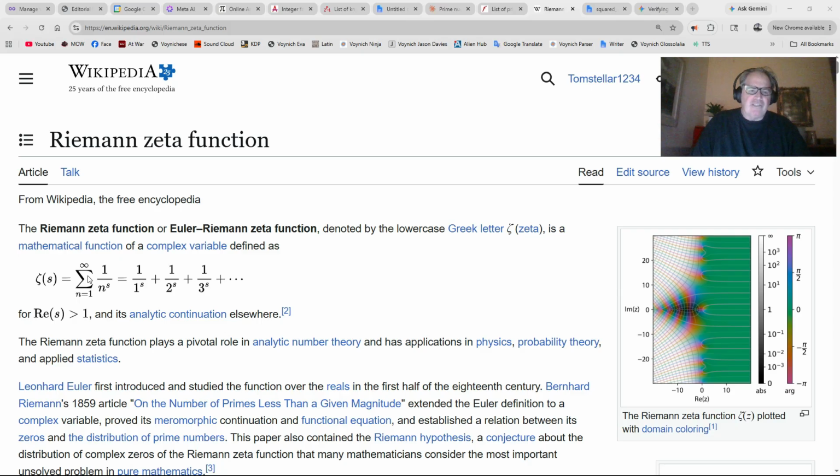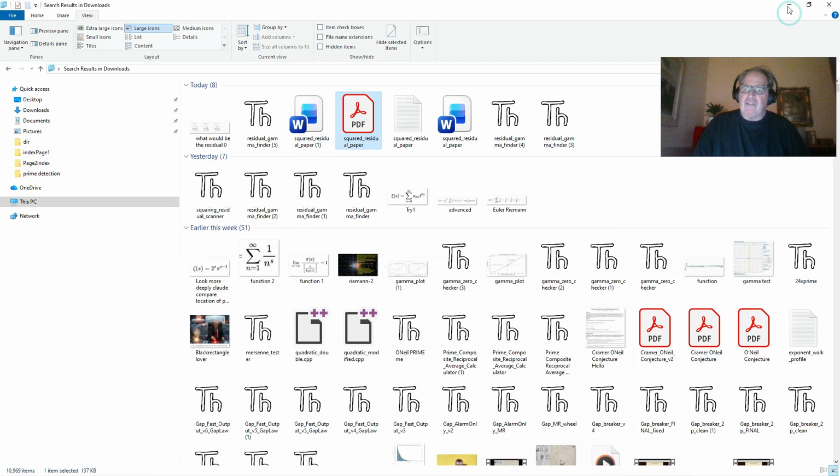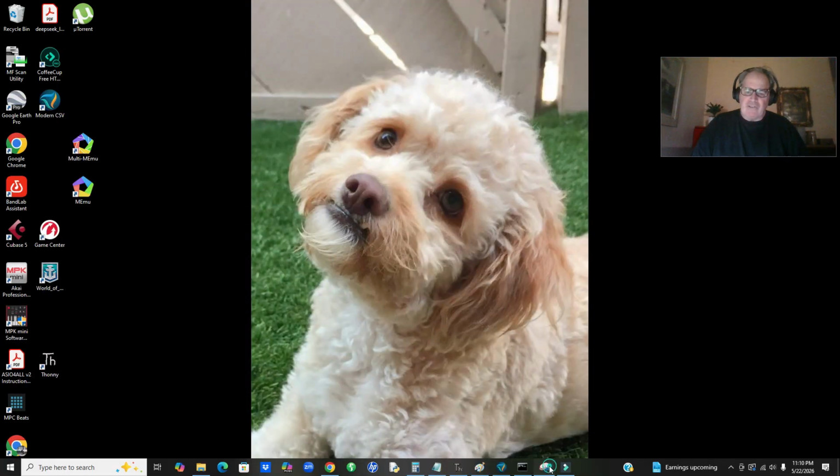And what the gamma is, is the result of finding the number between the goalposts, and more on that. How you do that is you verify using the Gram points of the Riemann-Siegel theta function. And if I can be more efficient with what I'm discussing here,